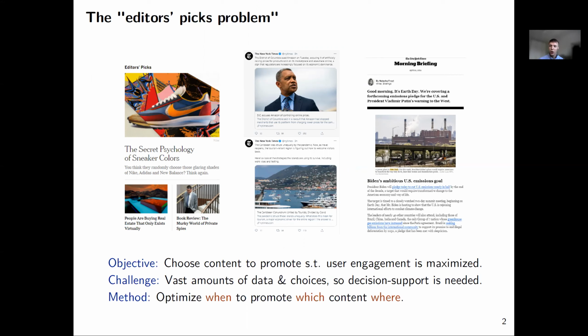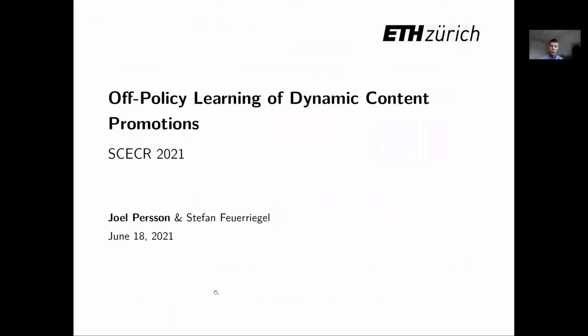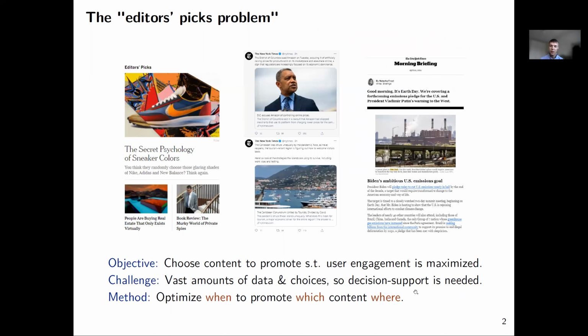And they also have a lot of different choices. They can choose to promote content on the front page, on the Twitter channel, or in the email newsletter, or perhaps all of them. And which content shall they show where and in what order, and so on. So typically, some kind of decision support is needed. So how we attack this problem is by dynamically optimizing when to promote which content where.